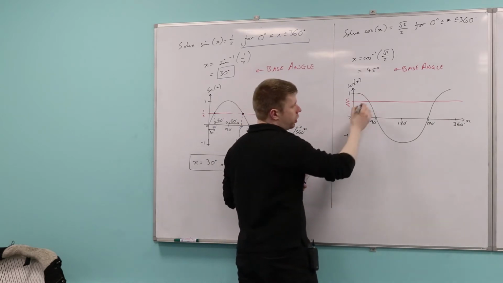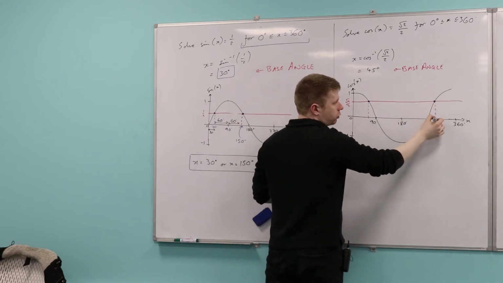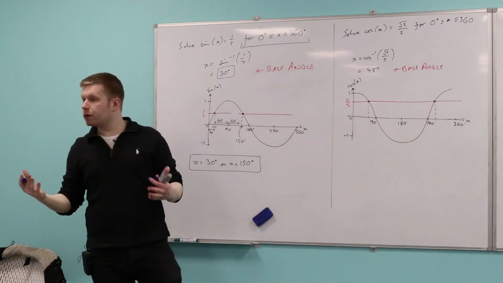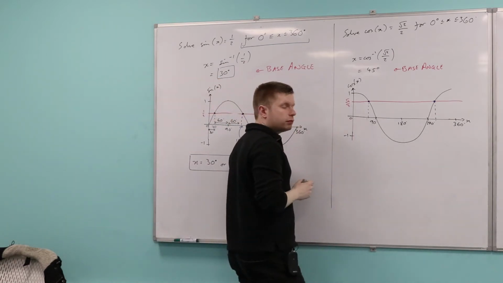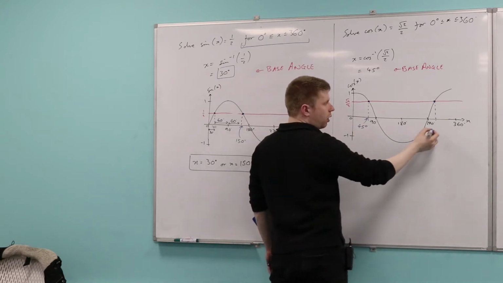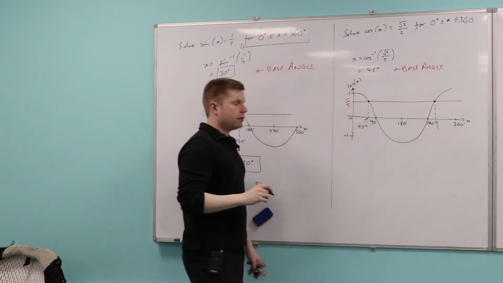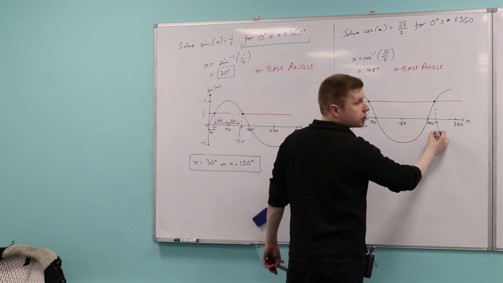So there's one over here, and there's one over here. Not a brilliant graph, but it doesn't matter. So what's this point here? 45. Not a great graph at all, but it doesn't matter. 45. What's this point over here then? 45 plus 3 is 270. Yeah, perfect. So you can think about it as 315